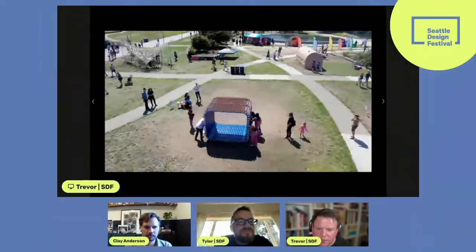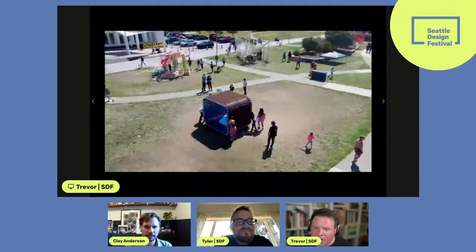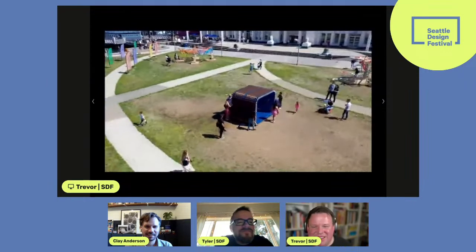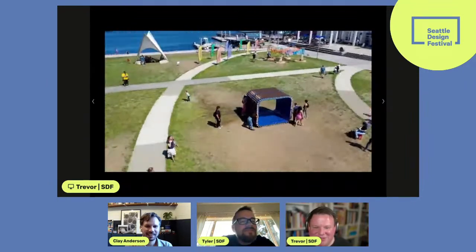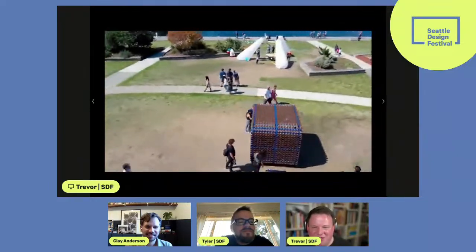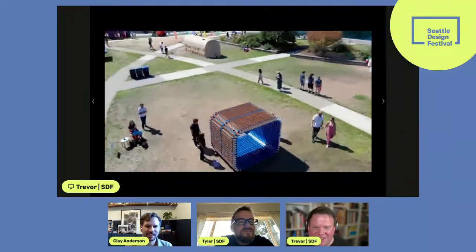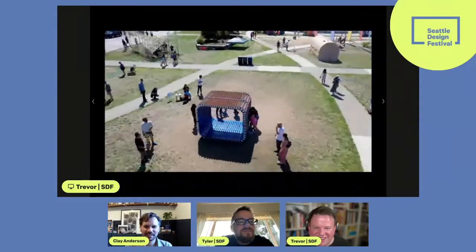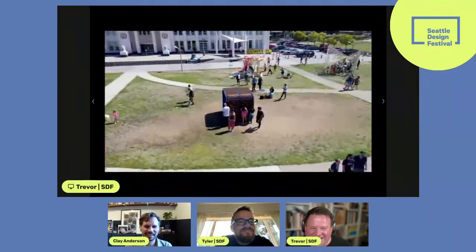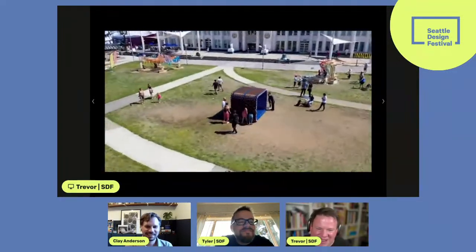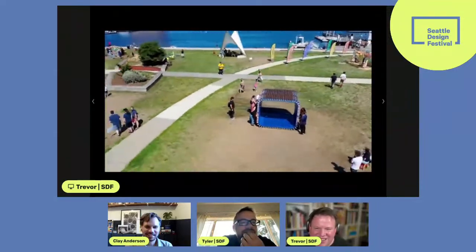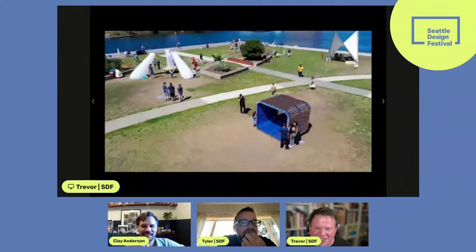Yeah. I always love the aerial shots of the festivals. Those are great. One thing I like especially about Lake Union Park right now is we're able to, at least for the moment, get drone photos, which we never were able to do downtown. Yeah, it's fun. There are some trade-offs in here. You can see the grass isn't as cool looking as brick and everything, but being able to do some aerial things, which a lot of these things are designed kind of to be appreciated as an object itself too.